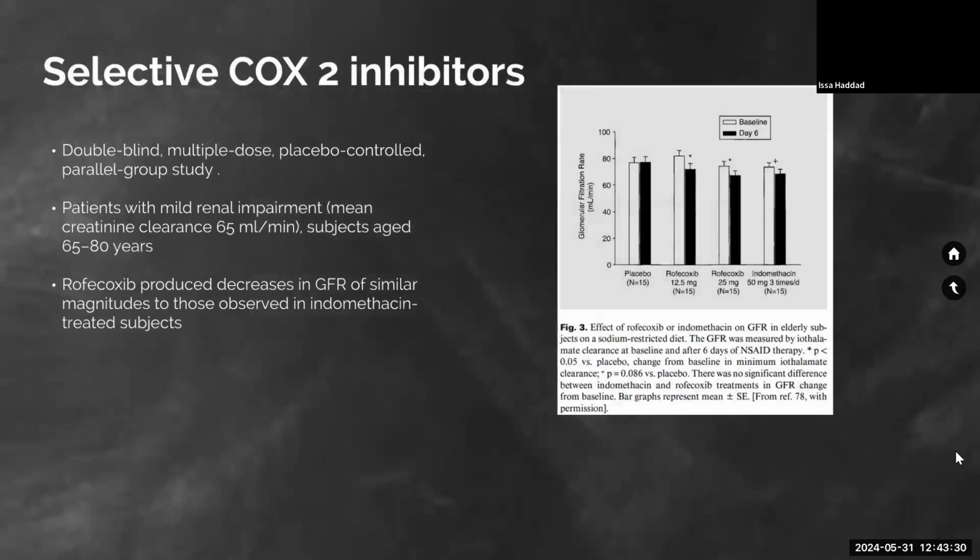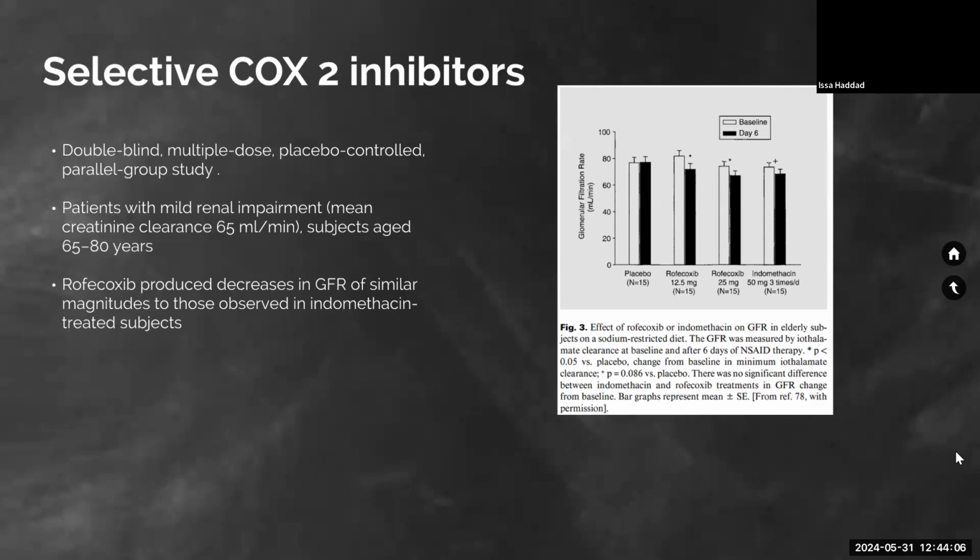So the question becomes, are selective COX-2 inhibitors safer than non-selective or COX-1 inhibitors? This study was a double-blind, multiple-dose, placebo-controlled parallel group study which looked at patients with mild renal impairment, so creatinine clearance was around 65. So not a whole lot of CKD, but they tried to compare rofecoxib, which is a selective COX-2 inhibitor, with